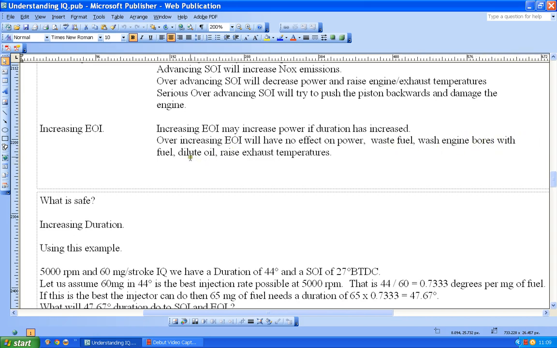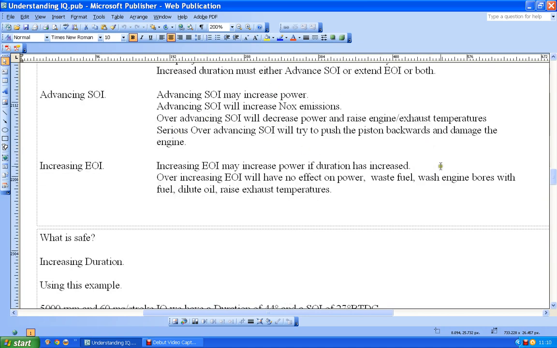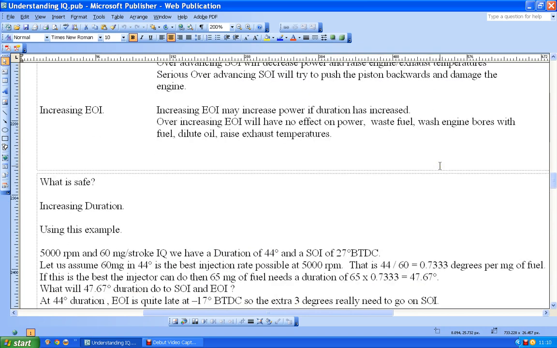The end result of that will be it will dilute the oil, but one of the things that you've got to worry about a lot there is what will it do to the exhaust temperatures if this stuff starts to try to burn, because it's still burning, it's just not giving us any power. So will we just simply be making the exhaust gases hotter and hotter and hotter? Because if we do that, we are going to risk doing some really serious damage to the engine, just like with the other changes. So lots of things to consider.